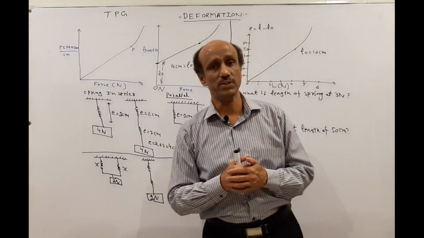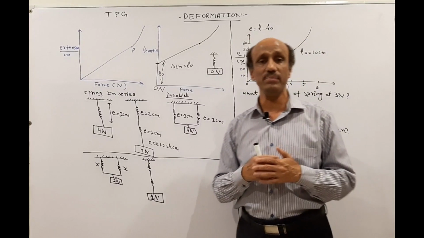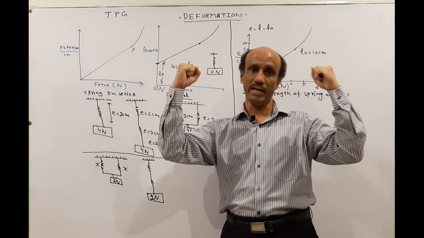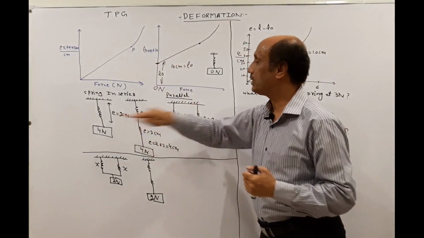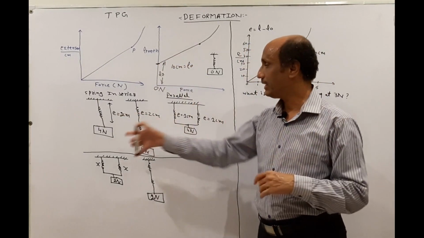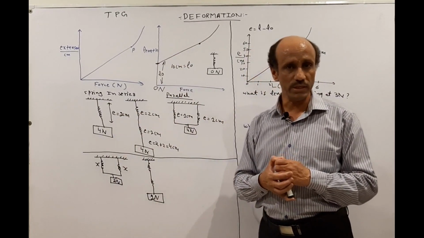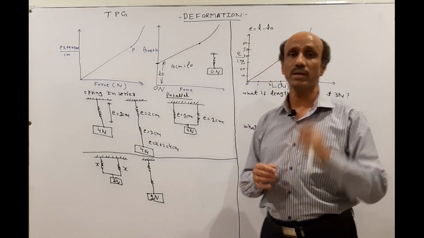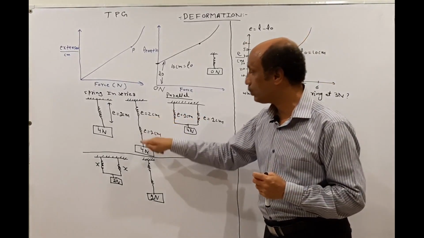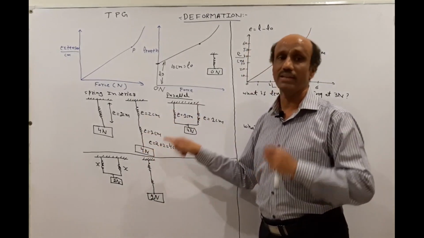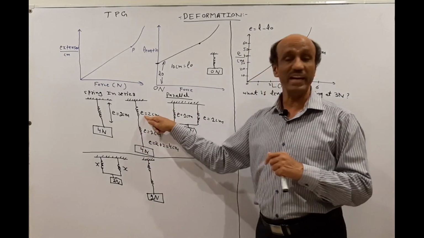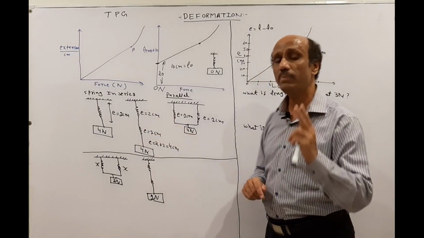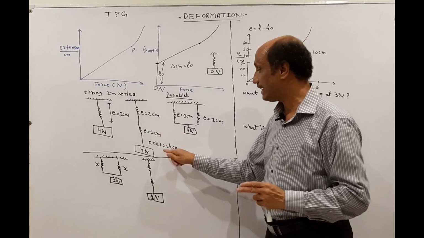Springs can be attached in two different ways. Number one, in series, one after another, and number two, in parallel. Let's suppose we have a spring on which we hang a 4 Newton load, the force acting is 4 Newton and the extension is 2 centimeter. Now when we hang two similar springs in series with the same load, what will happen? Spring number 1 will extend 2 centimeter. Spring number 2 will extend 2 centimeter. So there is a total of 4 centimeter extension.